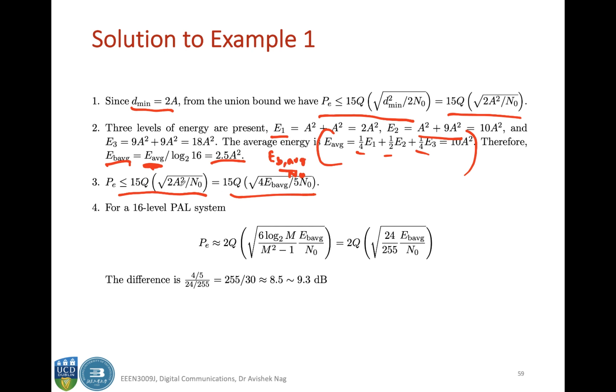You can replace A square with EB average divided by 2.5, plug it here, and you get this expression. Now for a 16-level